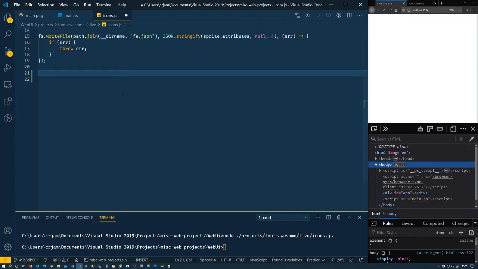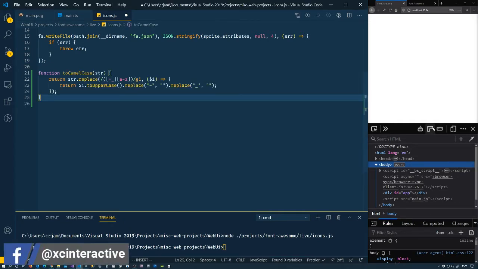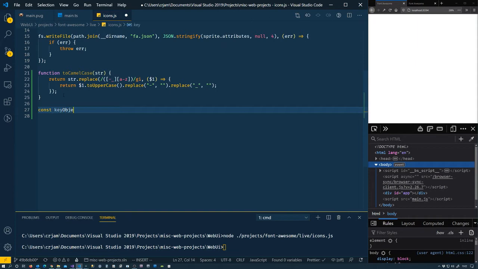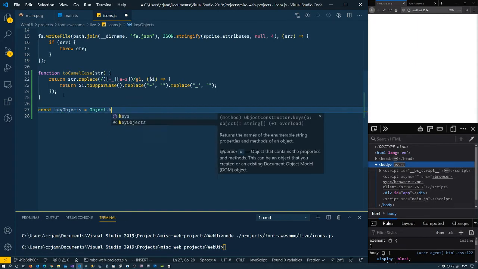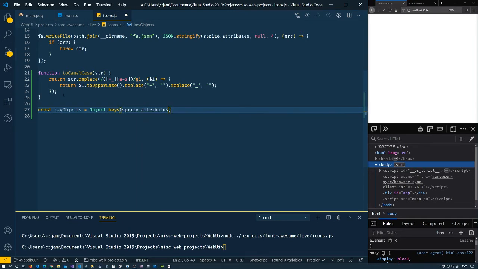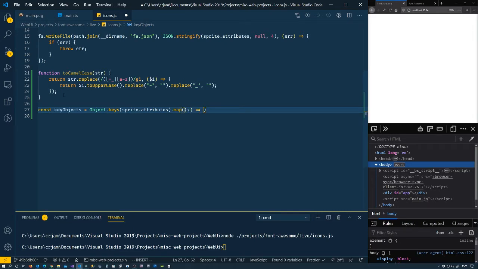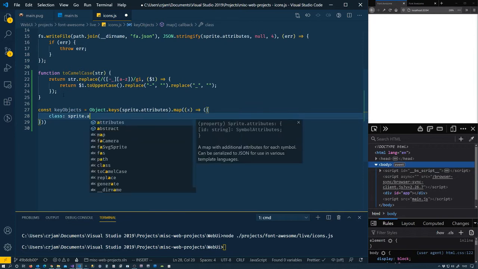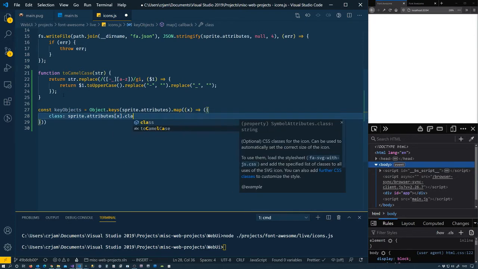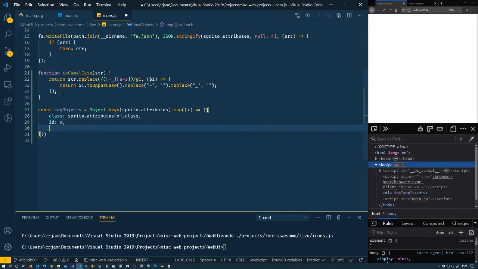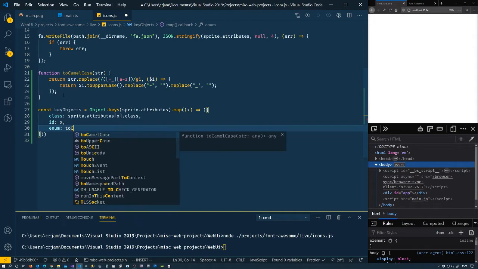Given a choice, 99% of the time I'm going to choose to deal with an enum versus strings. So I'm going to put in a function here. It's basically just going to take a string and camel case it, and we'll see why very shortly. So create a constant I called keyObjects, and that's the Object.keys of the sprite.attributes, and we then map over those and spit out some objects. Those objects will have a class, which is sprite.attributes x1, which has a class on it. Give me an ID, which is the x, an enum, which will be to camel case,